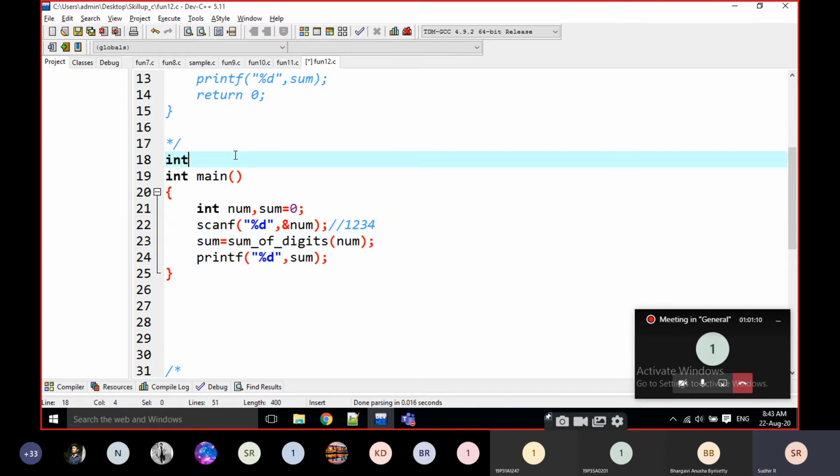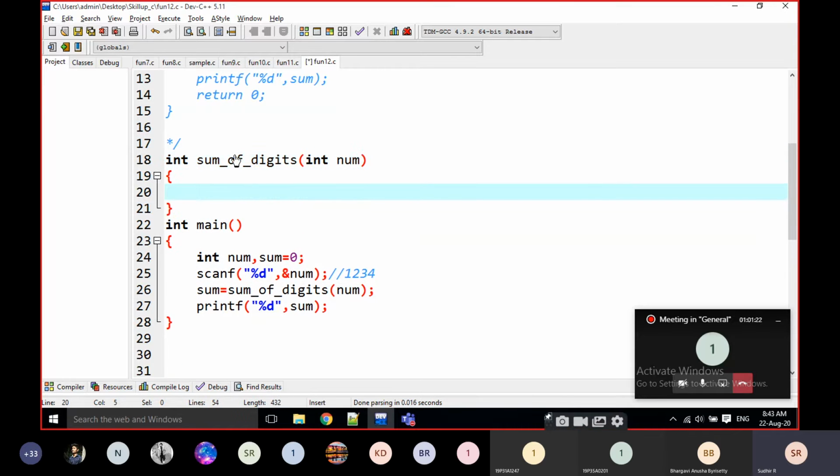Okay, I am going to write here int sum_of_digits of integer num, passing integer num. I am writing the same logic. Int sum is equal to 0 comma r.